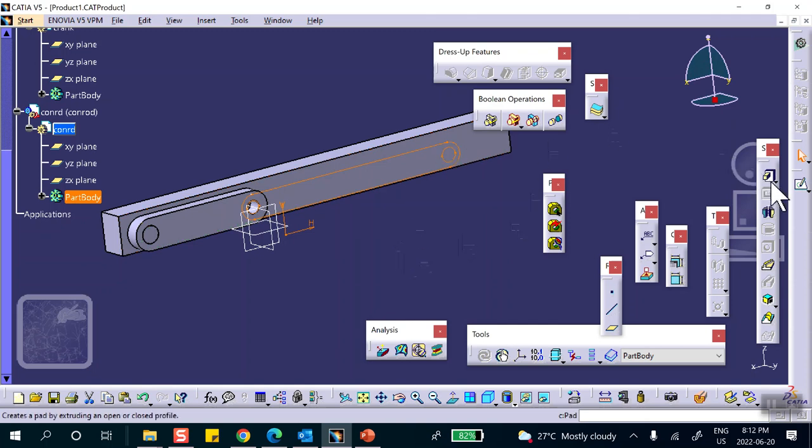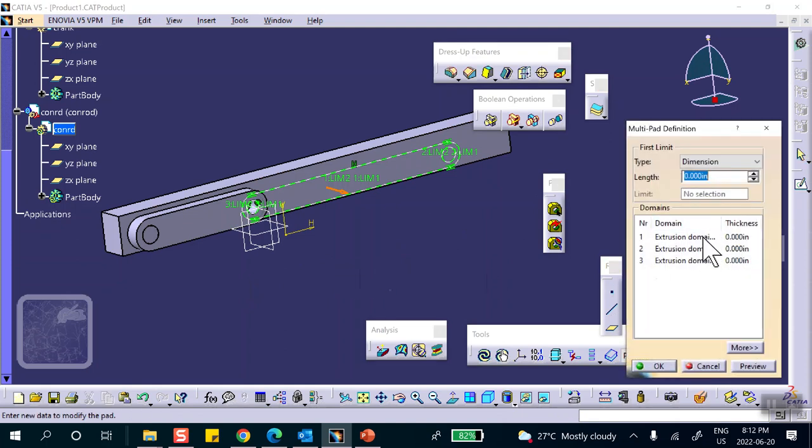So let's see now. We're going to do multi-pad. At the end of the day, you have to make these parts any way you know. If you don't know multi-pad, do it a different way. So this is that extremity. So let me make this thing perhaps 0.5. Okay. And that one is the circle at the right end, which I wanted to remain a hole, which I'm going to make thickness 0. But this is at the other end, and I want this thing to be a pin, basically. So already that piece is 0.5. I add another 0.5 to it to make it 1. So we go 1,